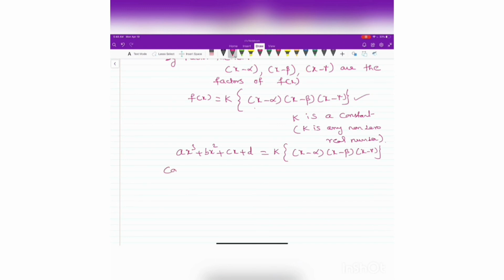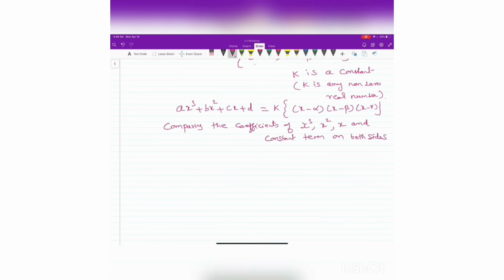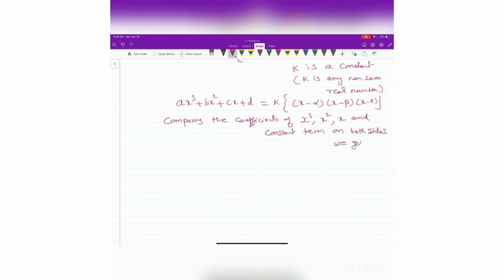So, comparing the coefficients of x cube, x square, x and constant term on both sides, we get